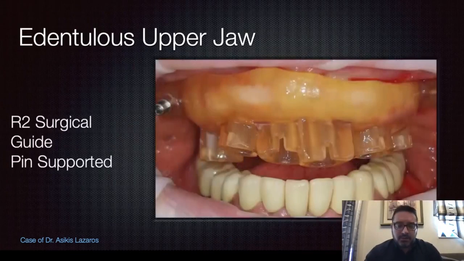Everything was delivered to the dentist: the surgical guide, the provisionals, and the Octa abutments marked in position. So on the day of the surgery, he just has to put these in sequence into the mouth. Here is the surgical guide. As I mentioned before, we have used pins. We have used a large surface of the upper jaw to have the surgical guide supported.